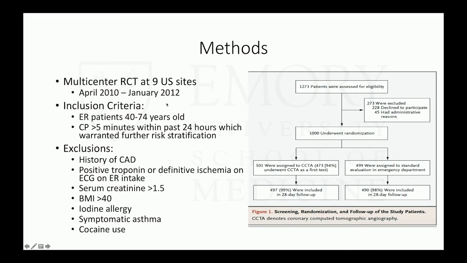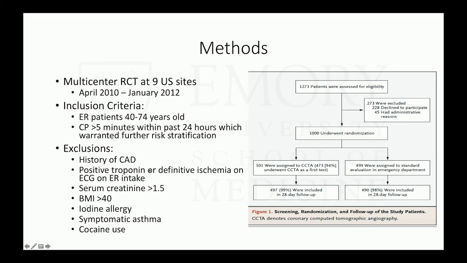Here are the inclusion and exclusion criteria, kind of a cohort population you would expect, someone that had had chest pain for more than 5 minutes within the last 24 hours that warranted in their clinical assessment further risk stratification. Again, exclusions were anyone that had prior coronary disease,